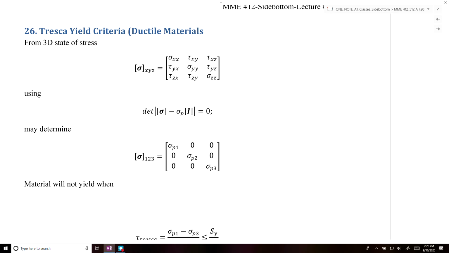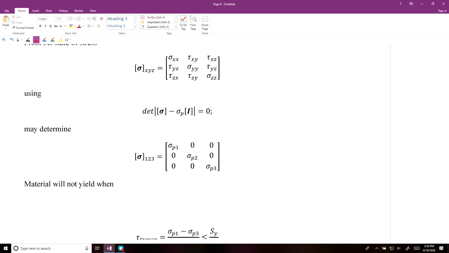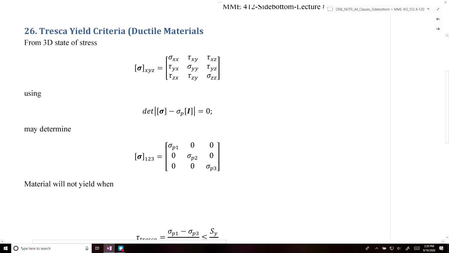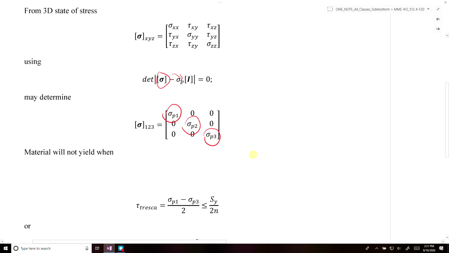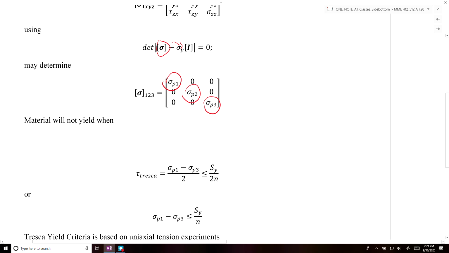we know from a few lectures ago that we can find the principal stresses, sigma P1, sigma P2, and sigma P3 using the determinant of our stress matrix minus sigma P times the identity matrix. Okay, so what the Tresca yield criteria says is that if we find the maximum shear stress,